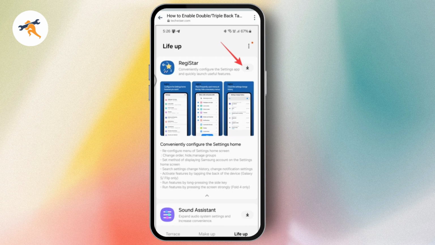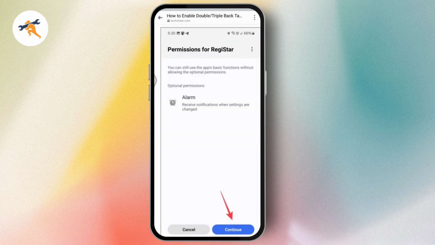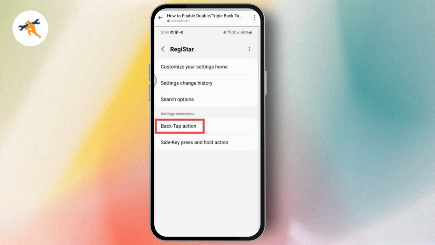So you just need to simply go with the download option on the right side, and then you need to download the application. So once you've downloaded, you need to open up the application and you need to allow the permission. So go with continue, which is on the bottom right,